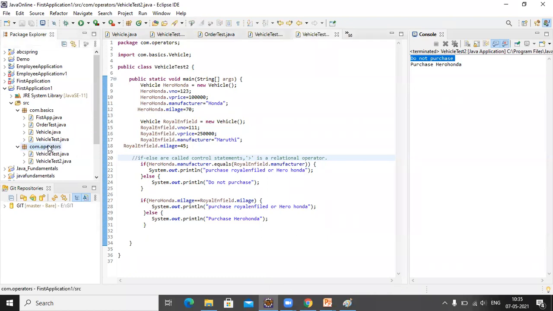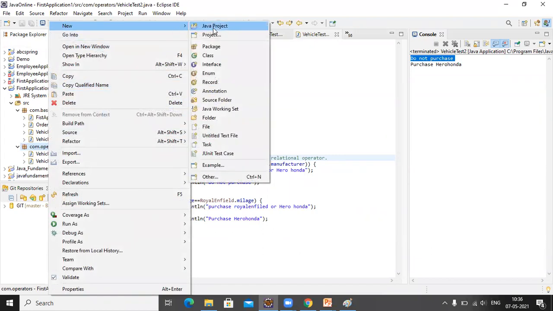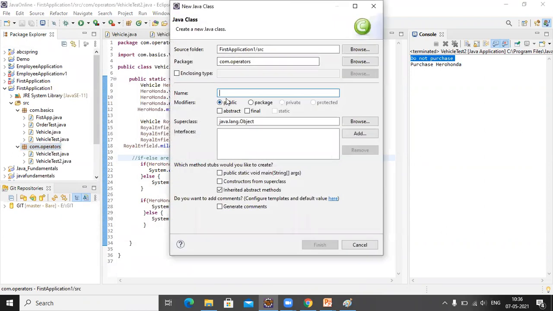So right click on this and say new class. Vehicle test 3.